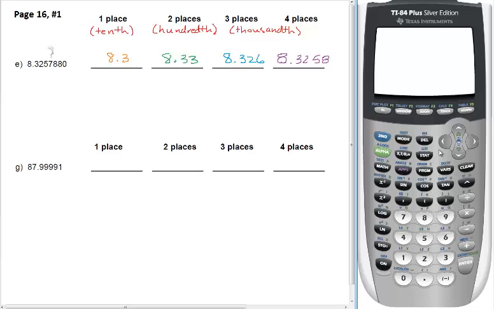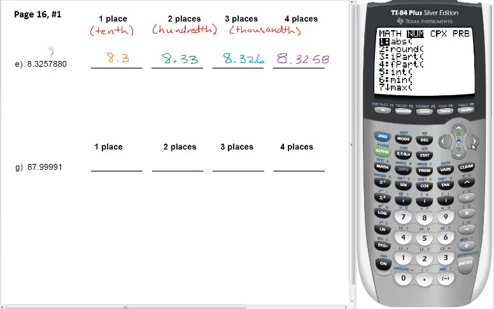Excuse me. Now you notice I have a calculator there. You can also check these on the calculator. There is a rounding feature on your calculator. So let's have a look at it. Go to Math. And under Math, you will see Number, and the second one there is called Round. So you'll hit that Round. Now when you hit Round, it's asking you to put the number in. So put in the whole decimal,